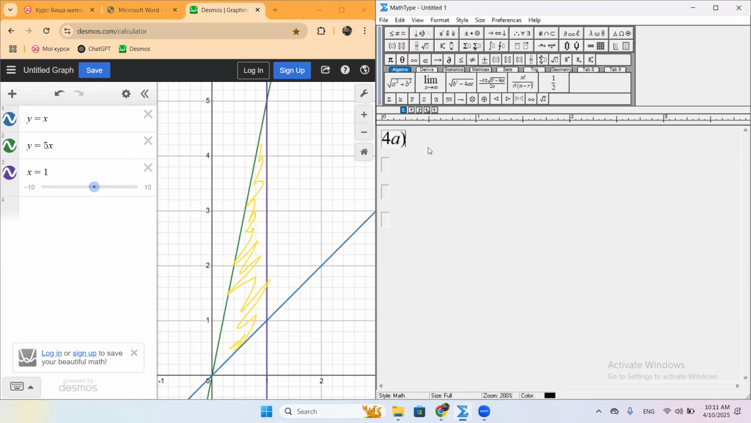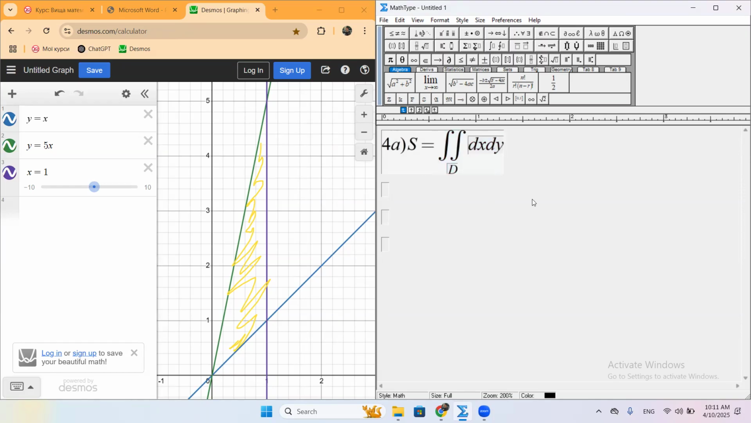How to calculate the area using a double integral? It is even, as for me, simpler than using just a definite integral. So we just need to calculate such an integral. We need to integrate number one